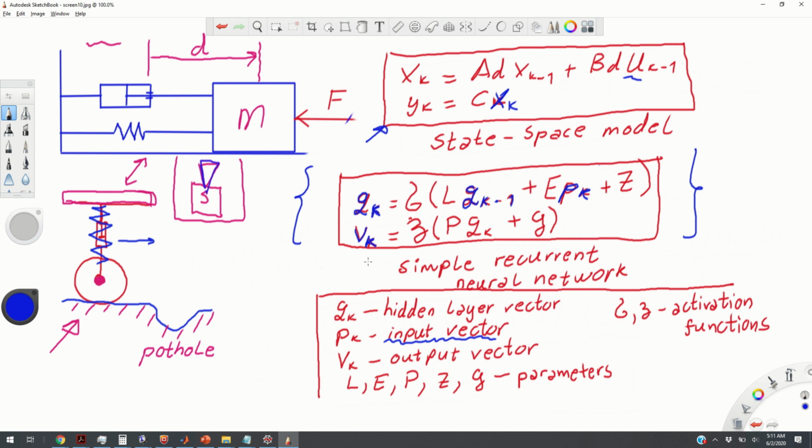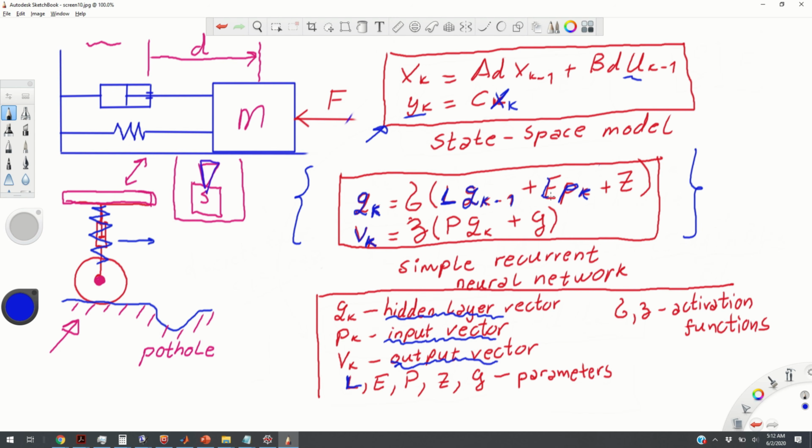Vk is the output vector of the neural network, and this output vector obviously corresponds to the output of our system. So the output vector will be the displacement. Okay, so we have the hidden layer vector, the state, the input vector, the control input, the output vector, the output of our system, and